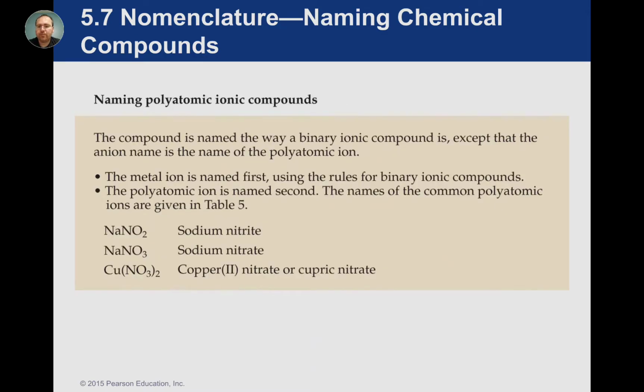So let's look at a couple examples. We have sodium. That's not so bad. We can find that straight off the periodic table, and all sodiums have a +1. Turns out nitrates and nitrites also have a +1. But again, notice the difference. If this were just NaN,